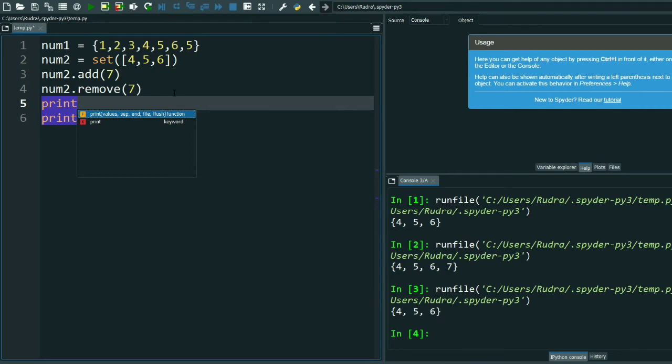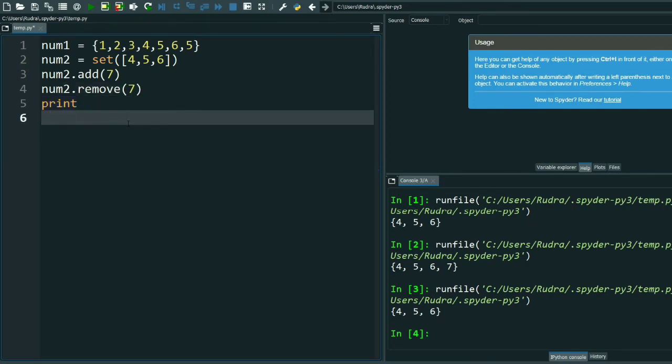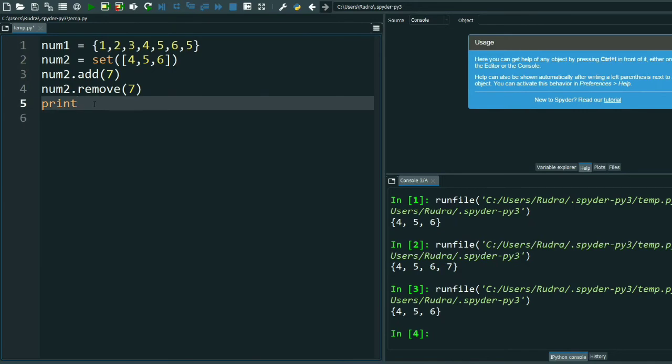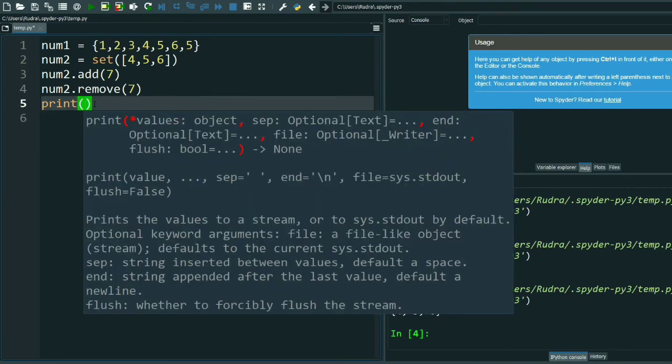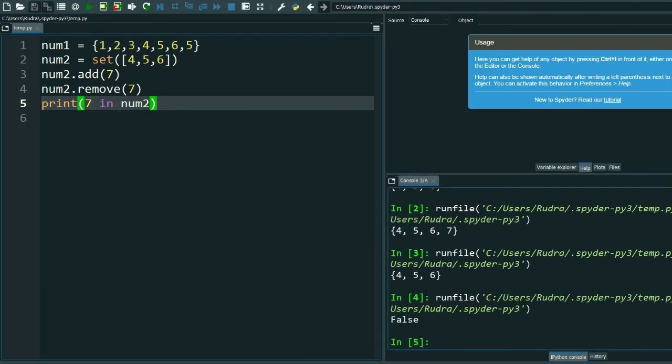So how can I check? 7 in num2. Let's see. See, the answer is False because I already deleted 7. Okay, I already deleted it, so there will be no 7.